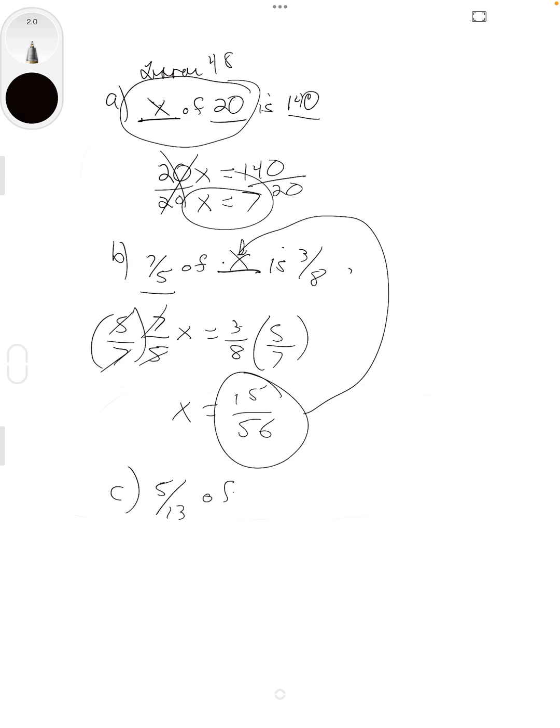5/13 of 26 is what number? Okay, so again, blank of blank is blank. So 5/13 times 26